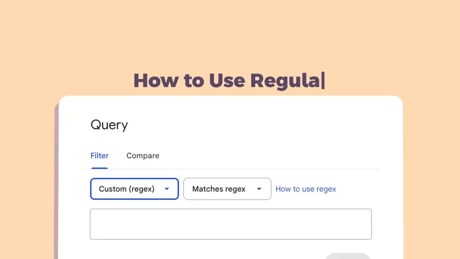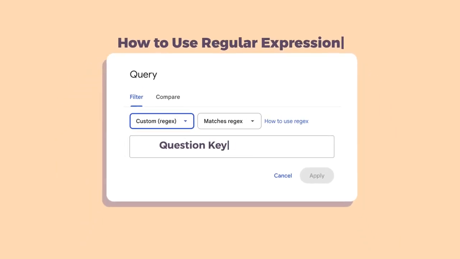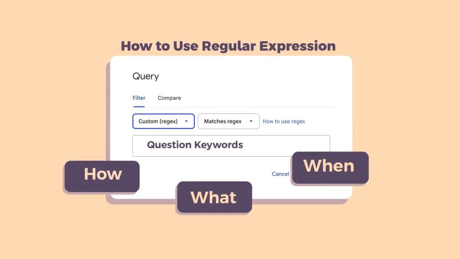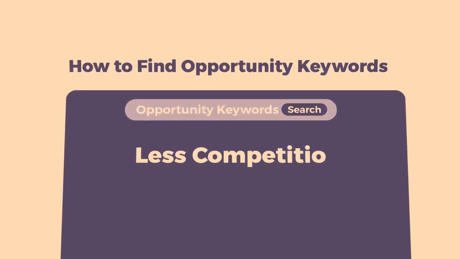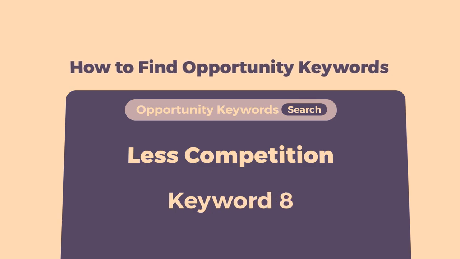So there's all kinds of stuff. But that's really the core of the on-page section. So in the keyword research section here in just a minute, we're going to go deeper into how to use regular expressions to filter and find really amazing keywords, like question keywords, all kinds of different fun stuff. And we're also going to look at how to find opportunity keywords that you can start ranking for that you're not ranking for. But I want to just briefly go through the rest of this and then touch on technical